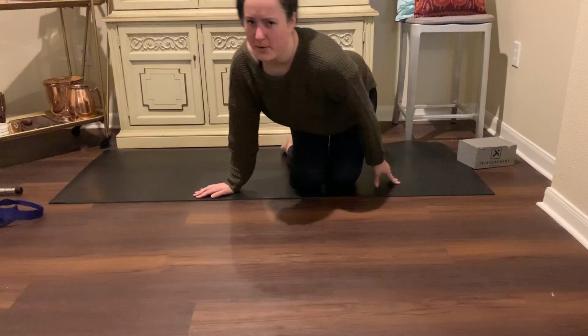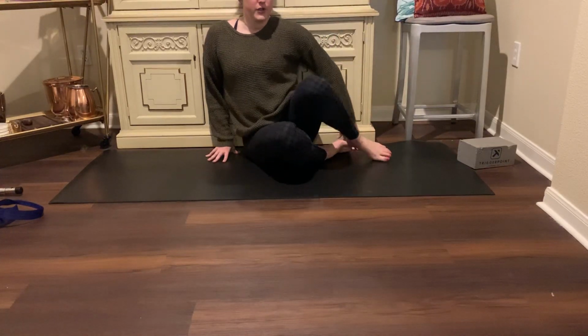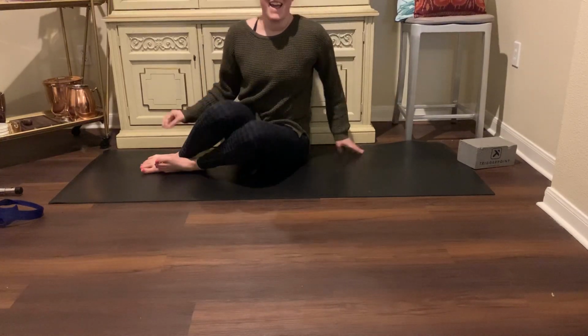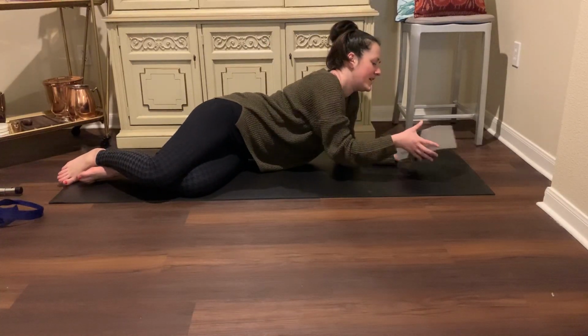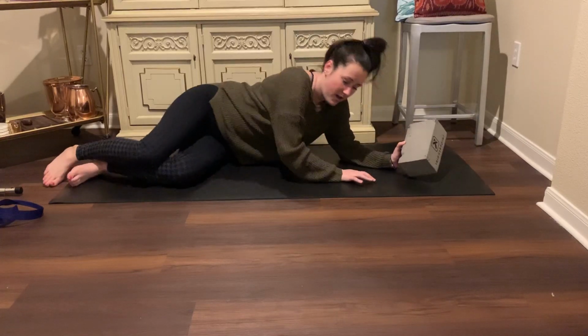The other option, if we don't want to do that, is we can just put our hands back up against that wall. You move your feet one right in front of you, then you move on to the other side, okay? So, again, situating ourselves all the way back down onto that mat. I have my yoga block, which as you can see, my cats love. So we're going to lie all the way flat down,